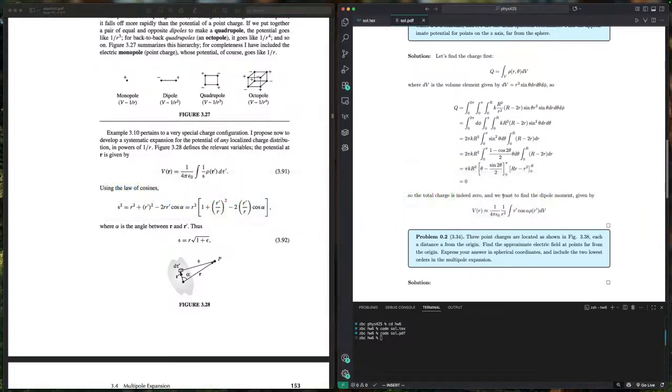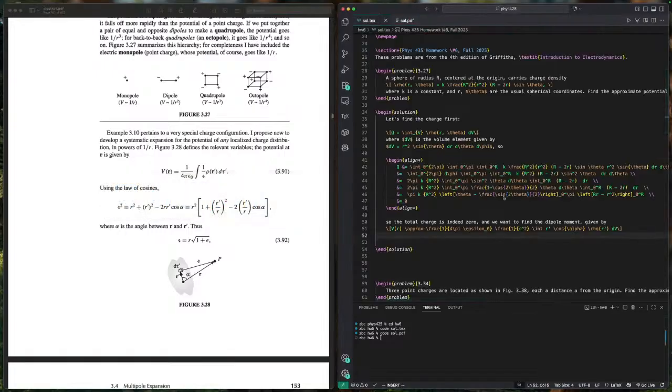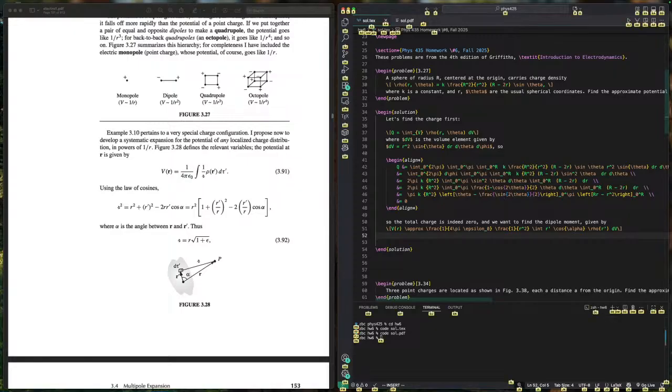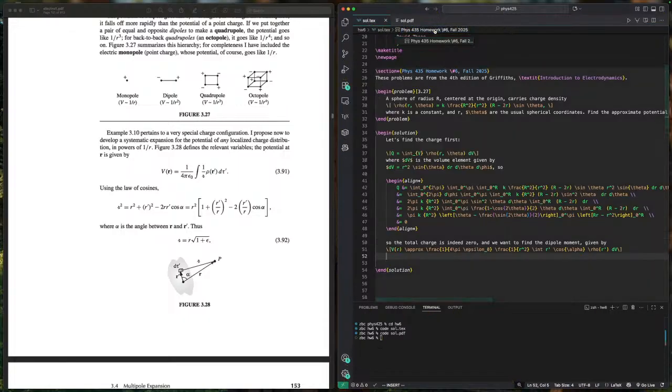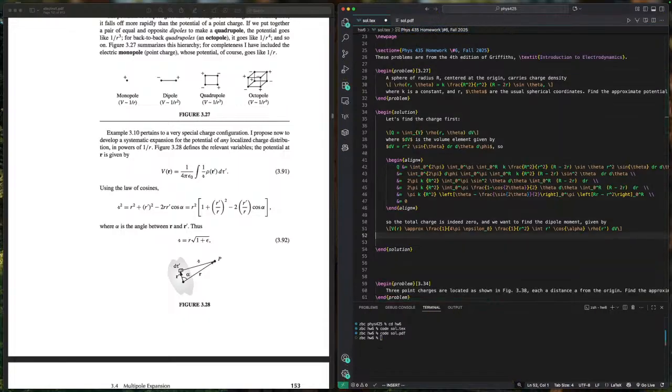Where's my window? Okay, here's my window. Where's my cursor? Okay, my cursor's back. Since r is much greater than our point of interest is situated